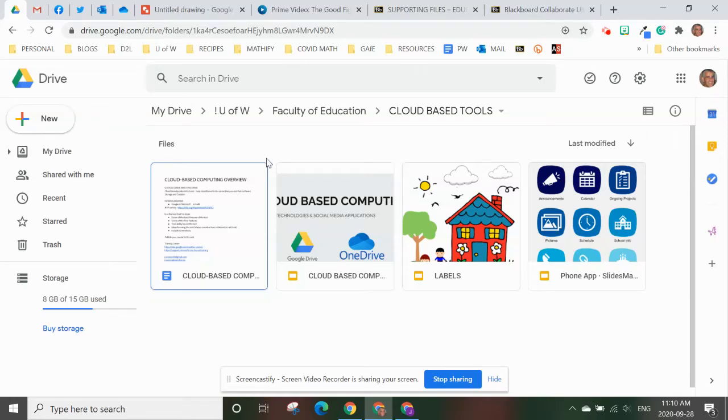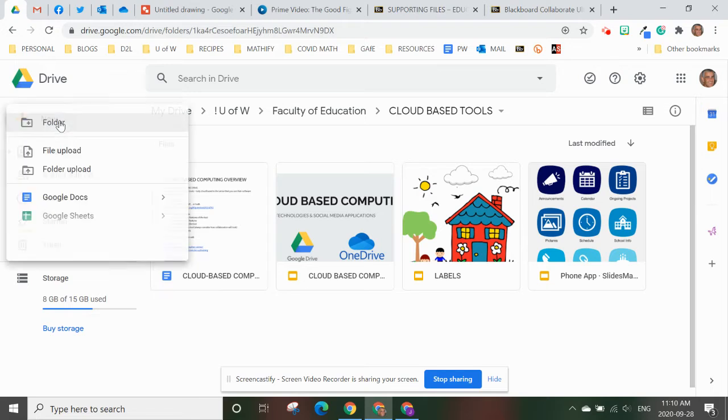I've created this short screencast to clarify some of the expectations for what I would like you to do to showcase one of the tools inside of your Google Drive. Hopefully, this translates well into the same sort of procedure of what I would like you to do inside of your Microsoft OneDrive. So, focusing on Google Drive for the moment, inside of Google Drive, you have the ability to